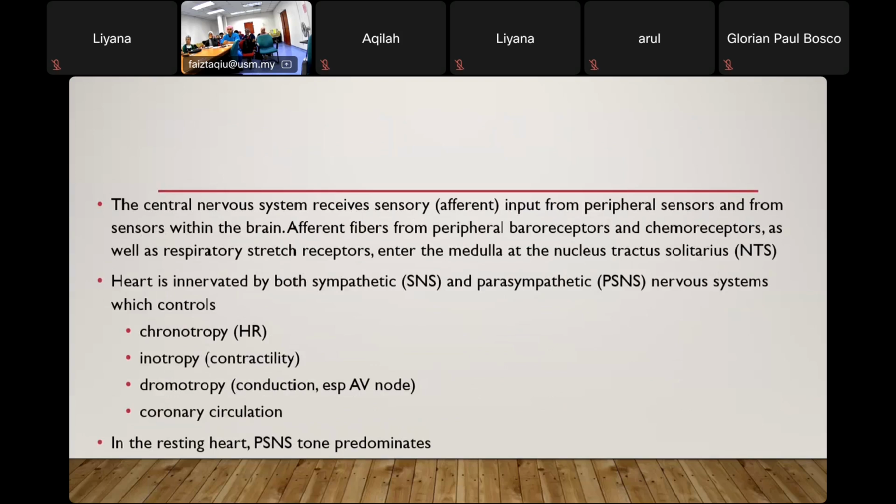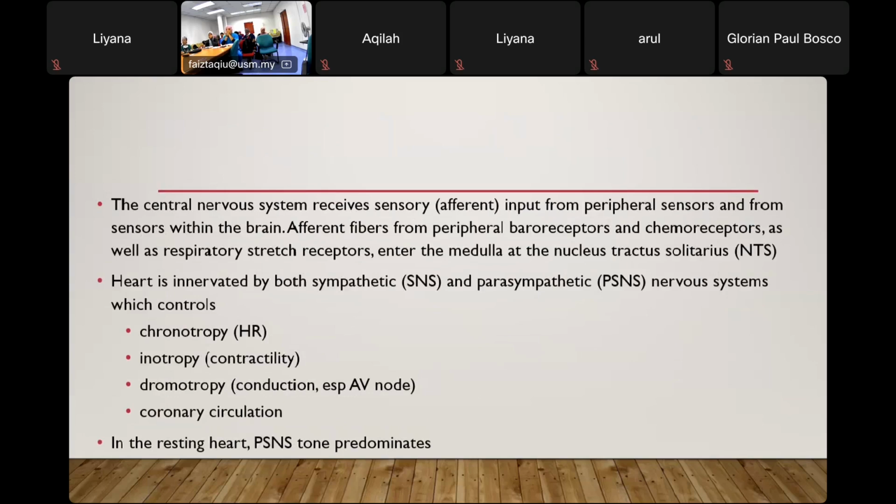The central nervous system receives sensory afferent input from the peripheral sensors and from sensors within the brain. Afferent input from peripheral baroreceptors and chemoreceptors, as well as respiratory stretch receptors, enters the medulla at the nucleus tractus solitarius,